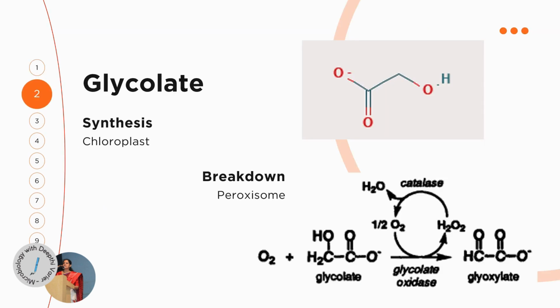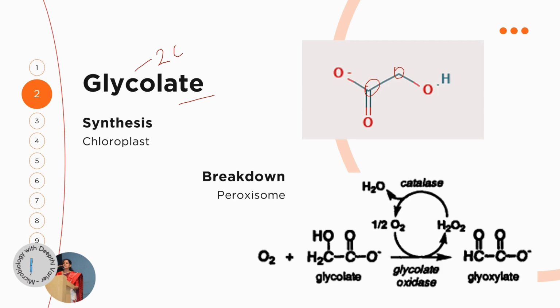The next compound that we have in the metabolism of two carbon compounds is glycolate. Notice the difference in spelling. The earlier compound we spoke about was glyoxylate. This is glycolate. You can in fact even say that glycolate is a glyoxylate-related two carbon substrate. So the common thing between the two is that even this is a two carbon compound. Like you can see over here, there are two carbons that are attached to oxygen groups, and